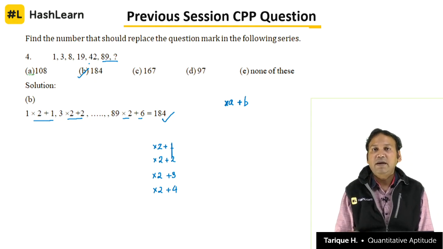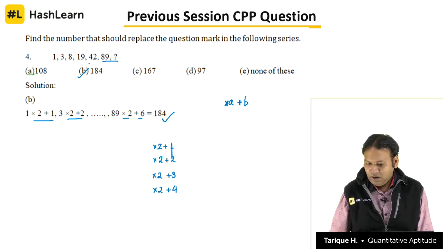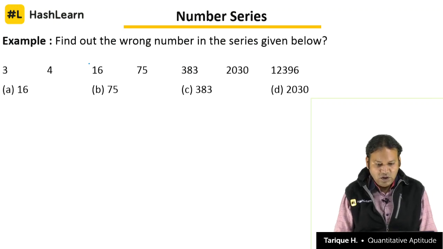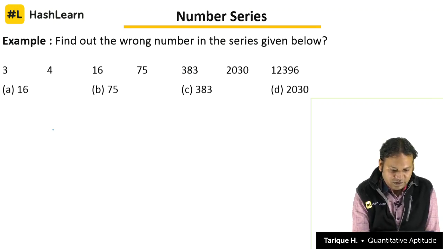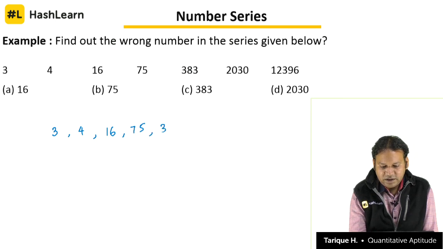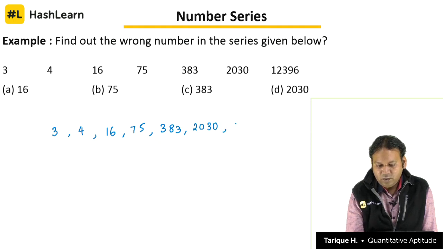So it's a question based on mixed series. Now in today's class, let's look at the first question of wrong number series and understand how this question is to be approached. So when we look at the numbers here, we have 3, next number is 4, then we have 16, 75, 383, 2030, and